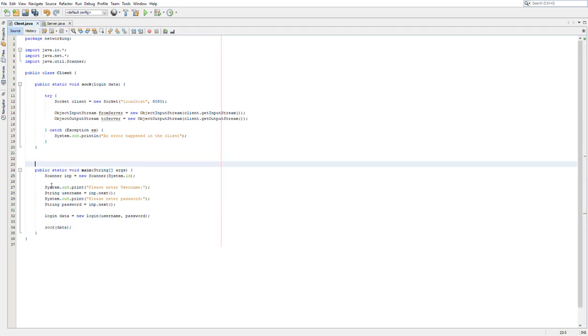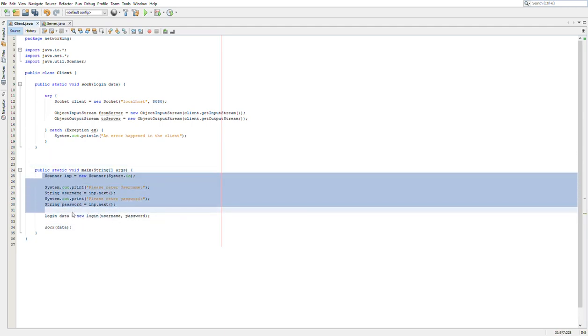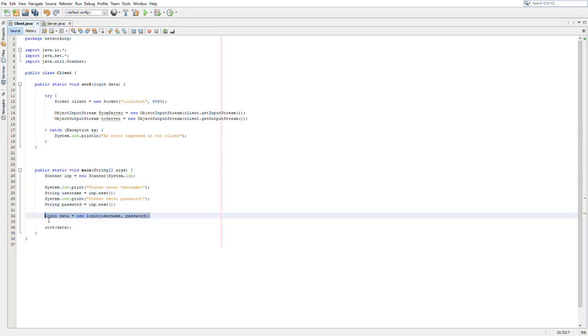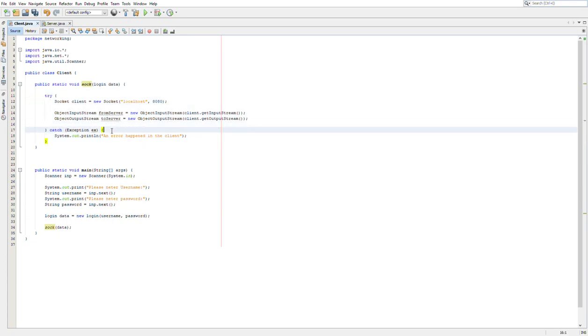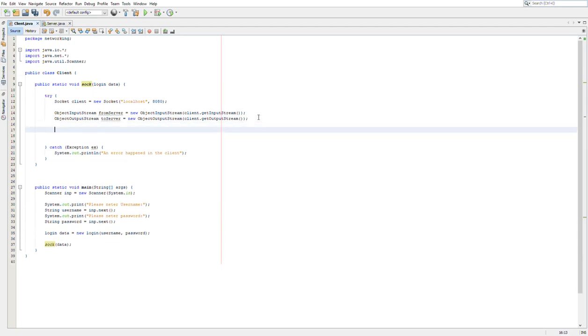So in our main method, we're going to enter the username and password, and then create the Login object, and then pass that object to the sock method, which is right up here, and that's going to connect to the socket and pass it to the server. So in the client, we need to pass that data properly to the server using our input and our output object stream. So just down here, I'm going to say